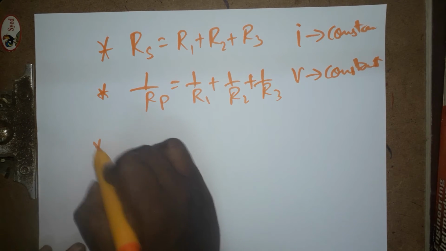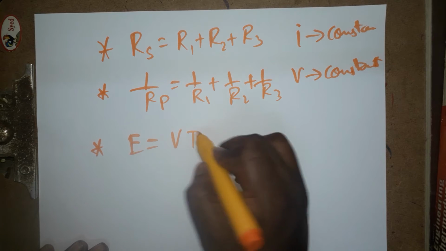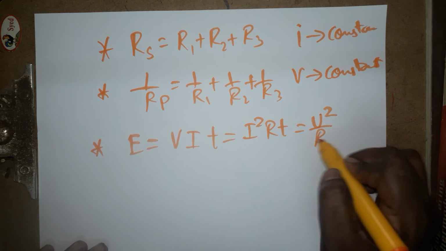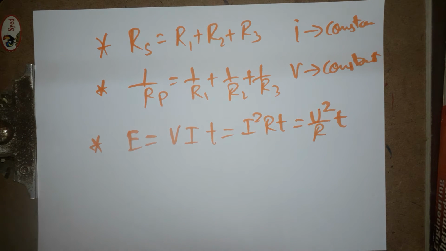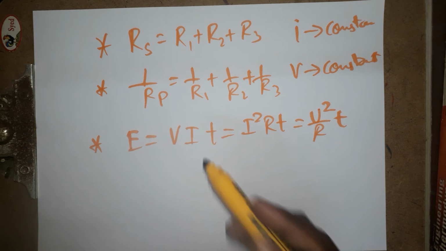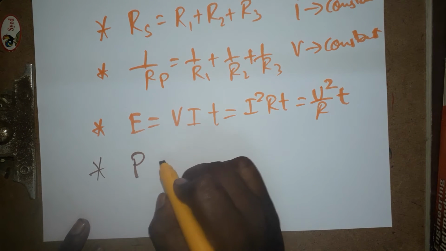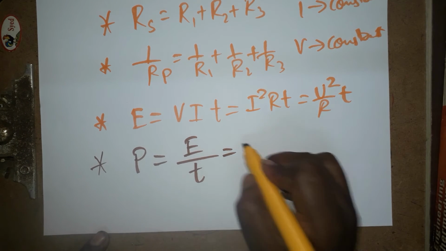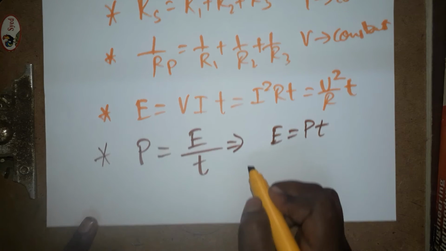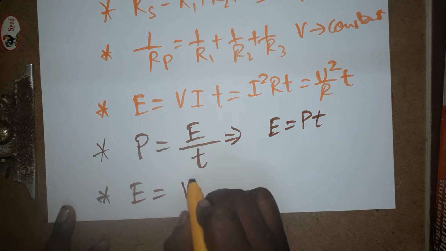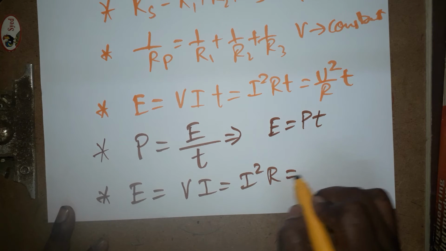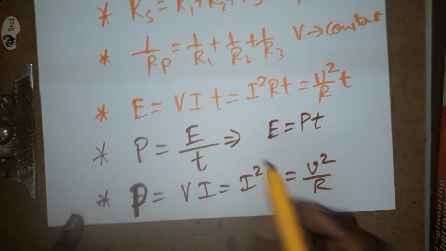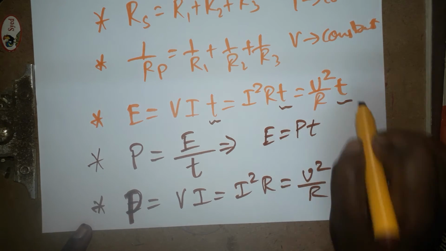Okay, we have another formula, energy is VIT. Otherwise we can take it as I square RT, otherwise V square divided by R into T. It's an energy formula. Same way, you need to know the power formula also, because power is equal to energy by time. So from the same formula, energy is equal to power into time also. So the energy formulas are VIT, I square RT or V square by R times T. Like that we get the power formula. Power is the energy by time. Remove the time from all of them and you will get the power formula.